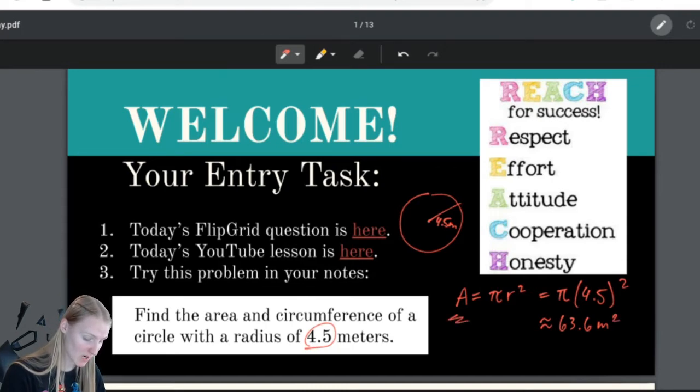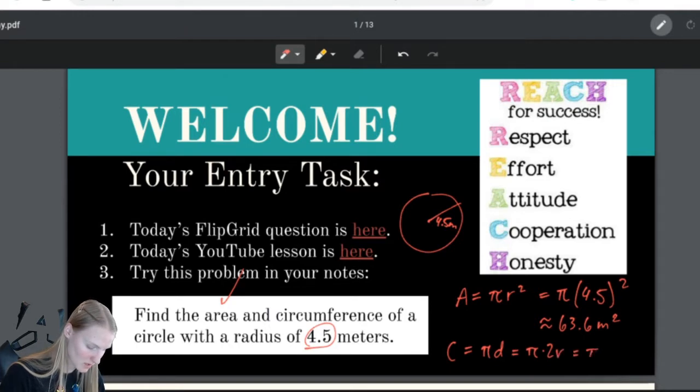Because we're talking about area, and remember area is 2-dimensional, that's where the squared comes from. But also, look at this, 4.5 meters squared. So the meters should also be squared, as well as the 4.5. Okay, beautiful. Area, check. Now circumference is equal to pi times the diameter, or pi times 2 times the radius,